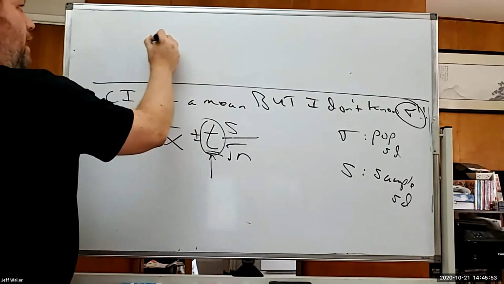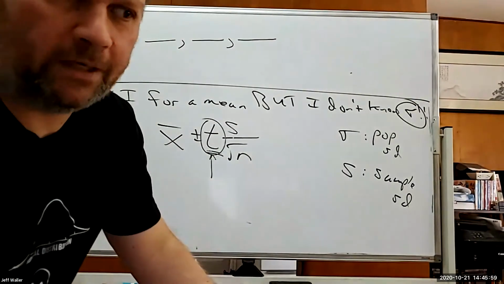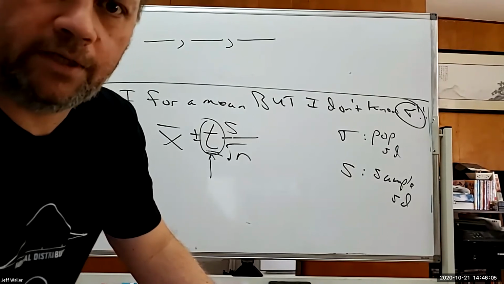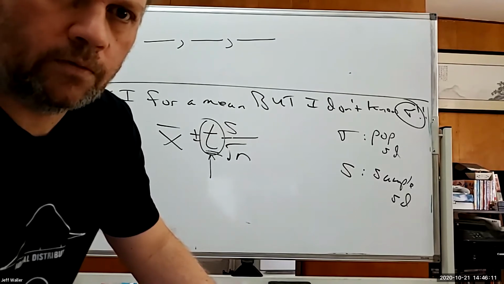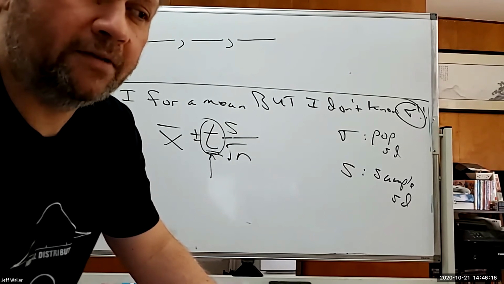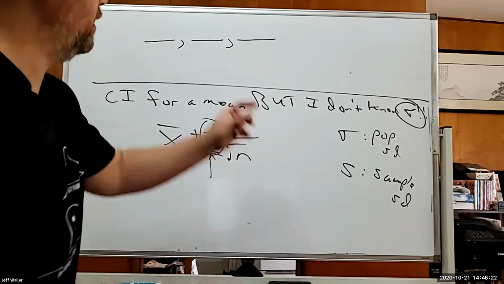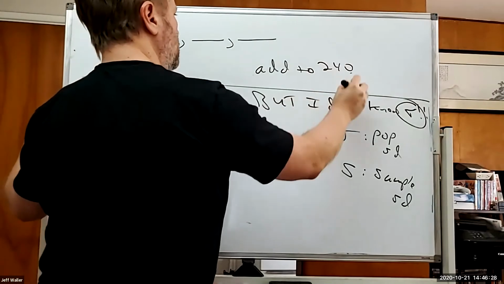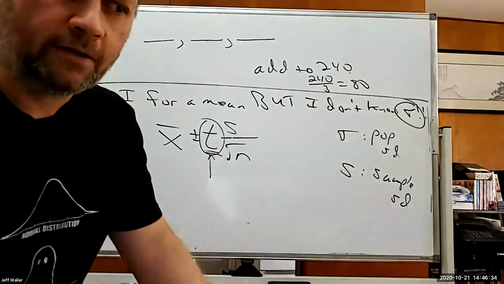If I told you I have 3 numbers and they average to be 80, do you know anything about the three numbers? They add up to 80 when divided by 3. So they actually add up to be what then? 240. So you don't know anything about the individual numbers, but you know they add to 240. If anyone's not sure why, that's the only sum that when you divide it by 3, you get 80. So what's that got to do with anything?